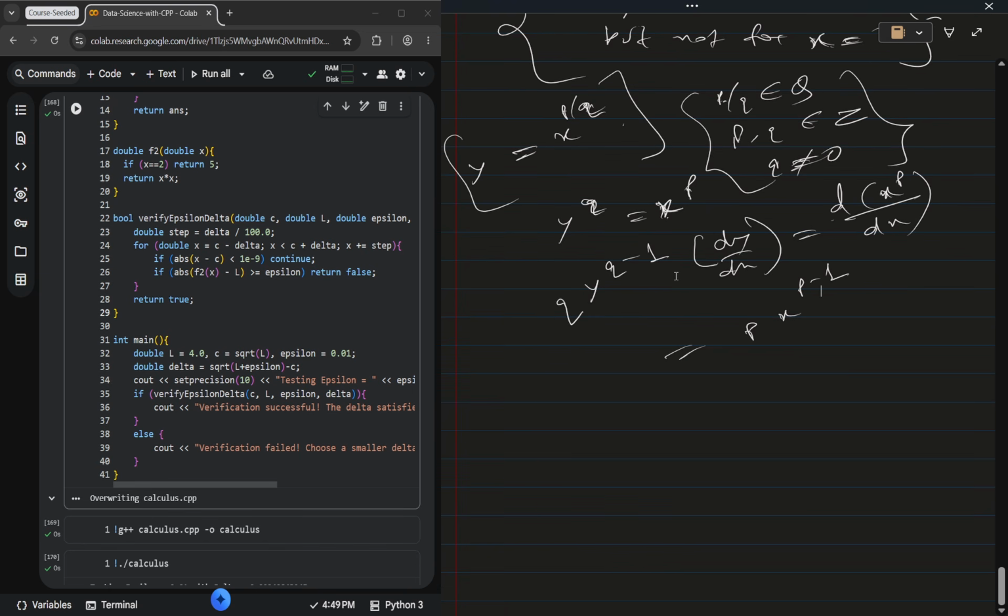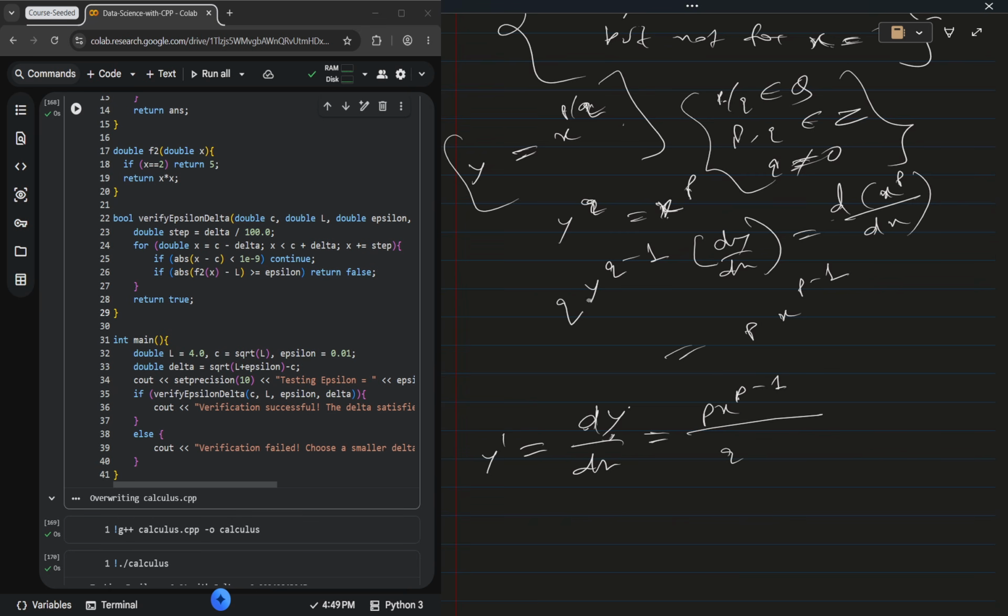So let's calculate this. dy by dx, which is y dash, the first derivative of this function, is p times x to the power p minus 1 divided by